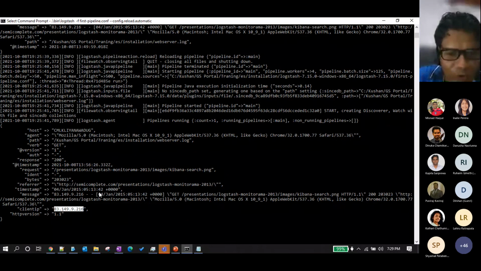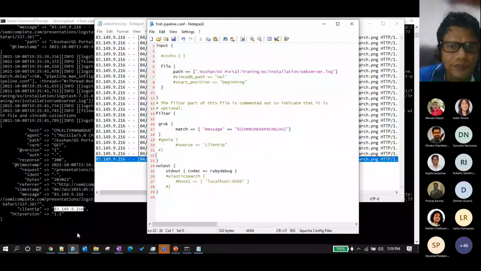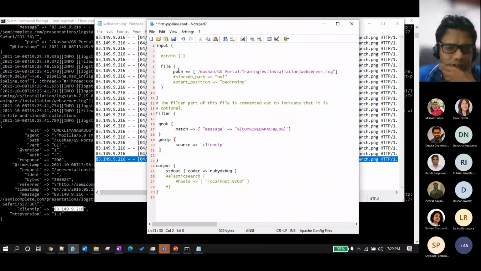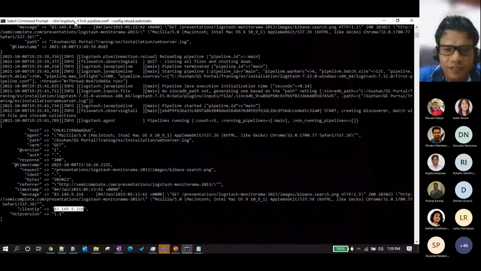So let me quickly do that. I'll enable it. Okay, now I have entered the log snippet.